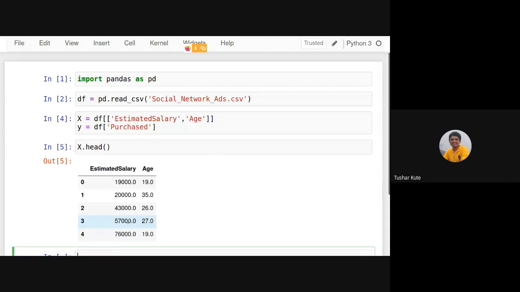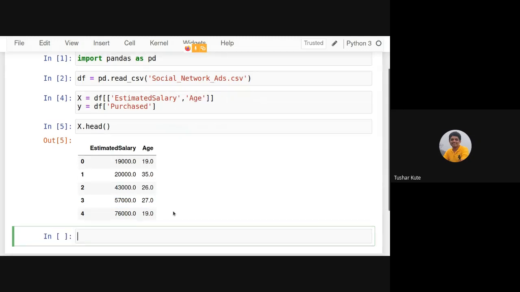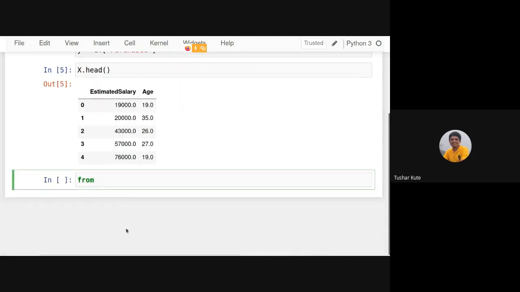So when we build the classifier or any machine learning algorithm, it will not perform well. It may not generate the correct result. I'll show you whether that happens or not. Then we will check the result after standardization, and then we'll check how PCA performs operations. So from sklearn, let's use model selection, and then we'll try to split it.